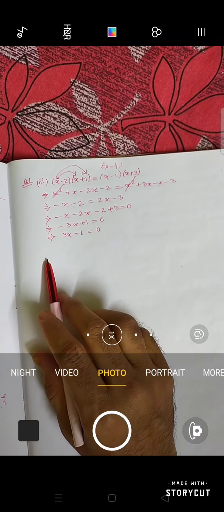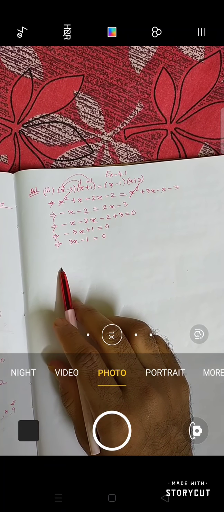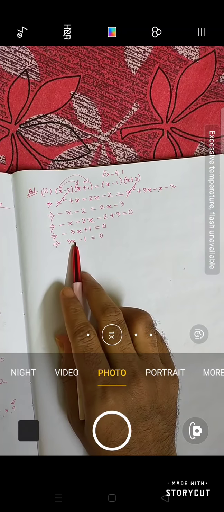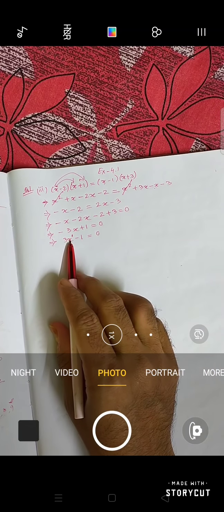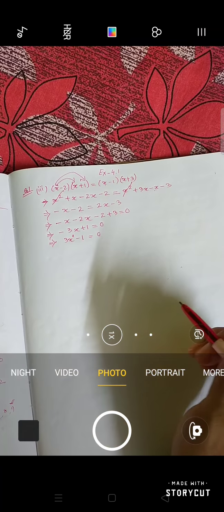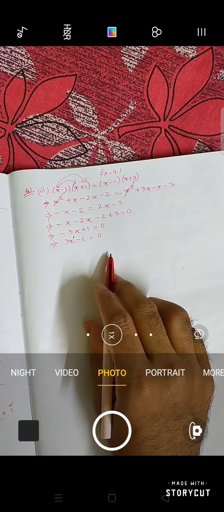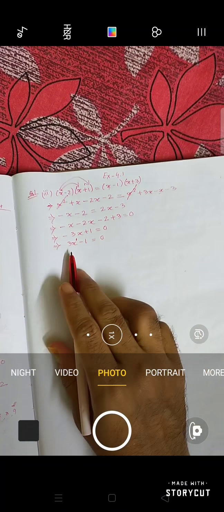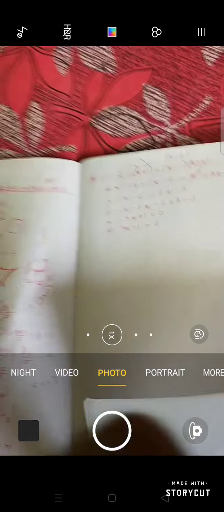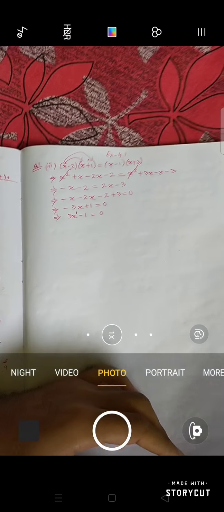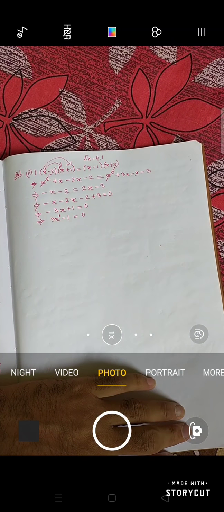Now you can see what the highest power of the variable is. The highest power of the variable is 1. You can see nothing else is here, so 1. It is not a quadratic equation, it's a linear equation. Understood? In the question it was said, check whether the following are quadratic equations or not. So we will write, therefore it is not a quadratic equation. Clear?